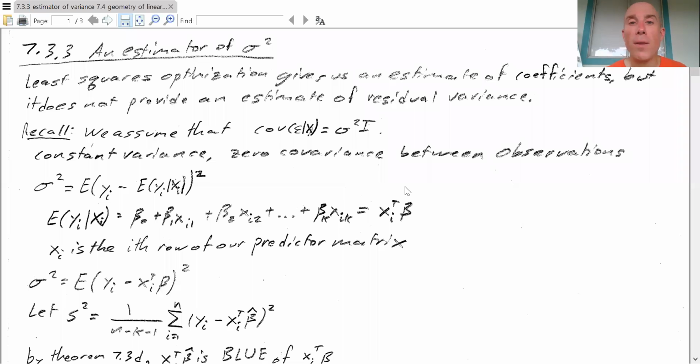Hi, in this video, we want to take a look at estimating the variance term in a linear regression model, and then we're going to look at the geometric construction of our estimate for linear regression. All right, so